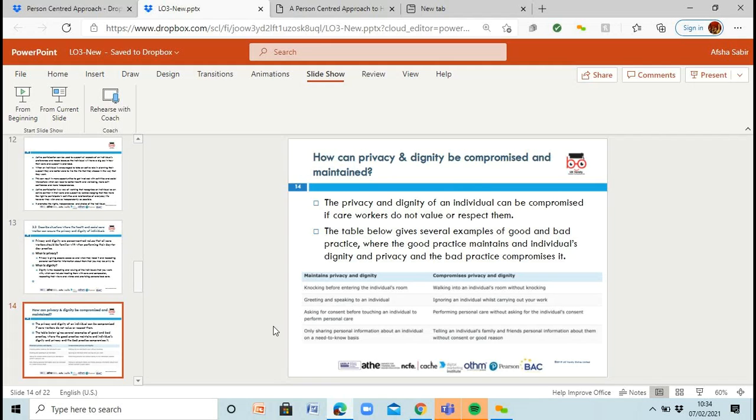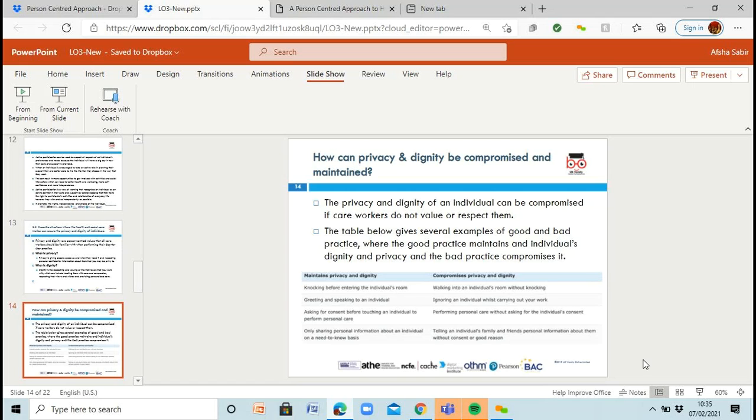To keep privacy and dignity, ask for consent before touching an individual, or you can compromise it by just doing personal care without even asking or saying, this is what I want to do, is this okay? And then another part is only sharing personal information about an individual on a need-to-know basis. So this is you maintaining it, but the way you're compromising it is by telling an individual's family or friends or anybody that will listen, colleagues, everything that person has told you,